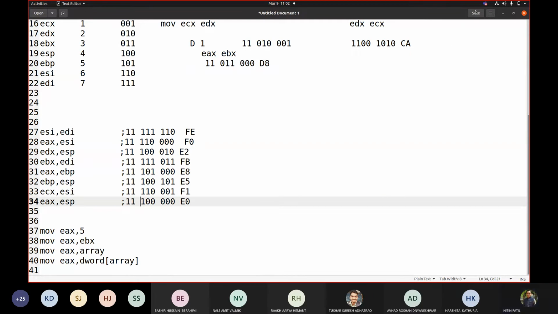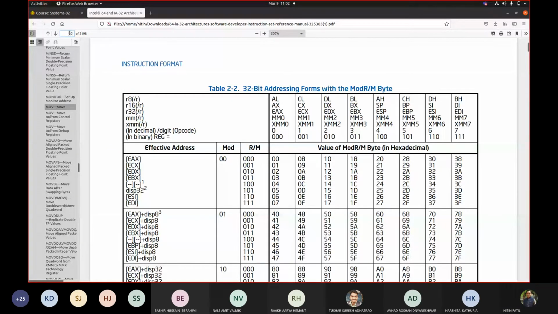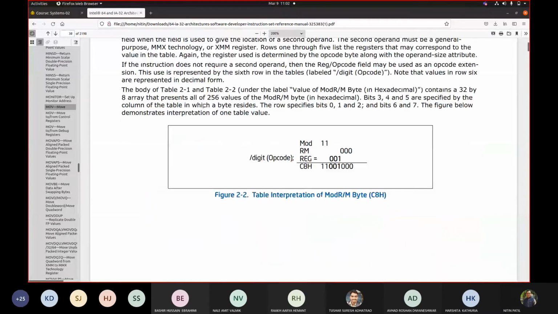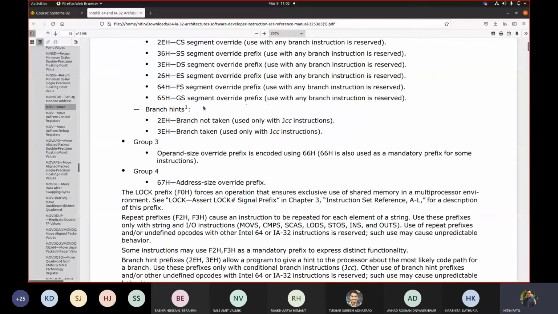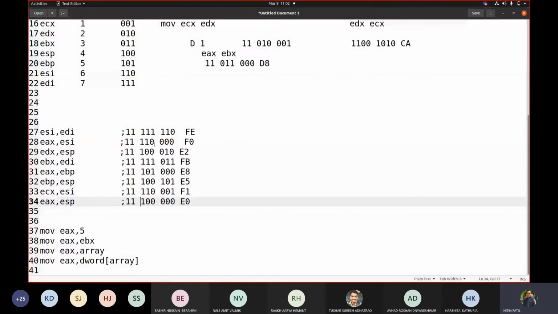Correct? So as per the format, first is mod. Then what was the other part? So let us go to 40. What is the other part of mod RM? Second part is register. So this is the register used in this case. Which is the register used there? And then lastly the RM. So whenever you don't see a register on the other side, for example here in the RM, then you are going to get something different,